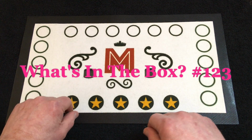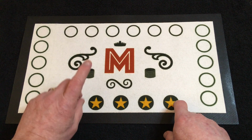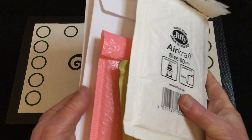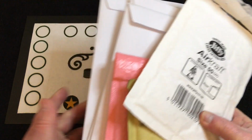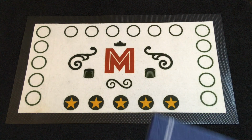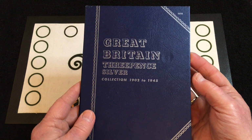Now I've just finished doing a 50p hunt for the Mega Marathon Monday on the 8th of May, so don't forget to check that out. I've got an absolute stack of posts to get through today, some of which I've had for maybe 2 weeks or so. But firstly, going back to last week, if you remember, I did buy some silver threepences from an